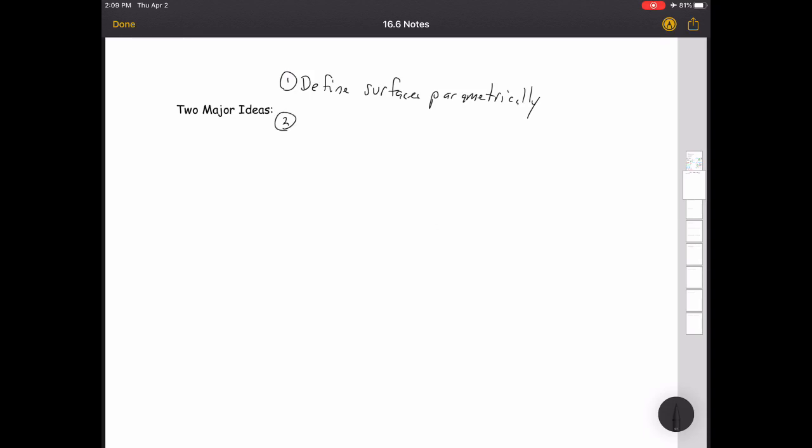And the second idea is that once we define the surface parametrically, we want to be able to define the surface area using the parametric definition from number 1. So however we defined it in number 1, we're going to use that to be able to define the surface